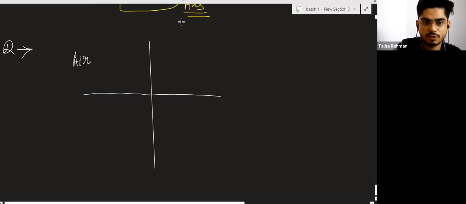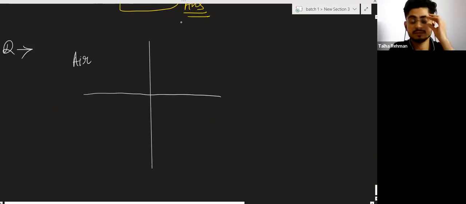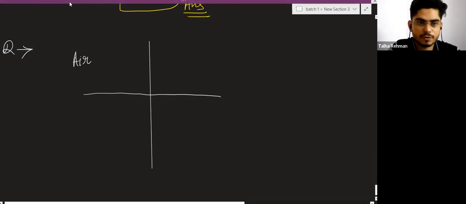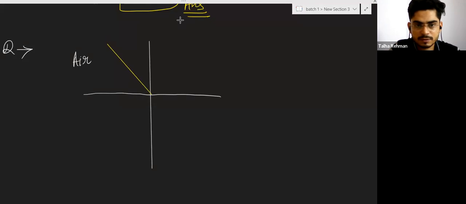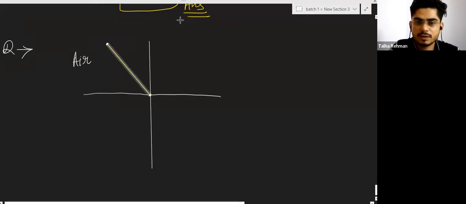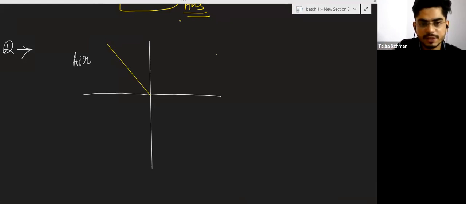So this is the normal and this is the interface, and a ray of light is traveling from air like this. This ray is making an angle of 45 degrees,